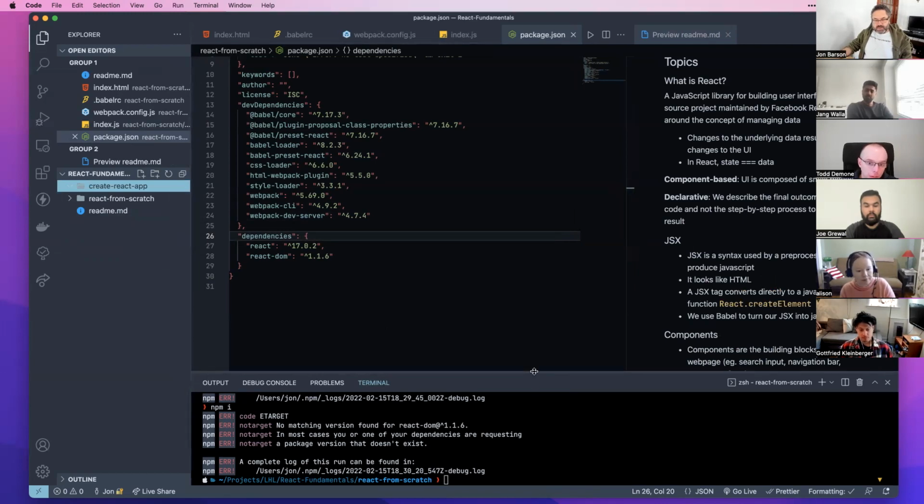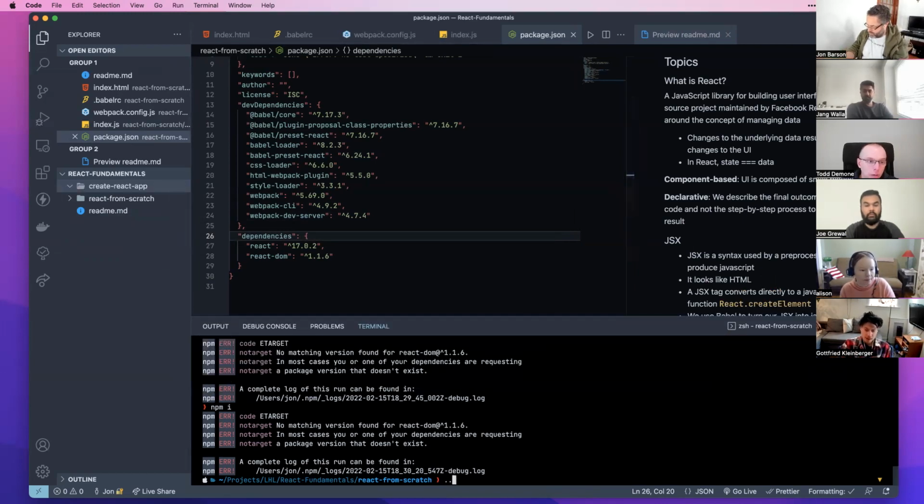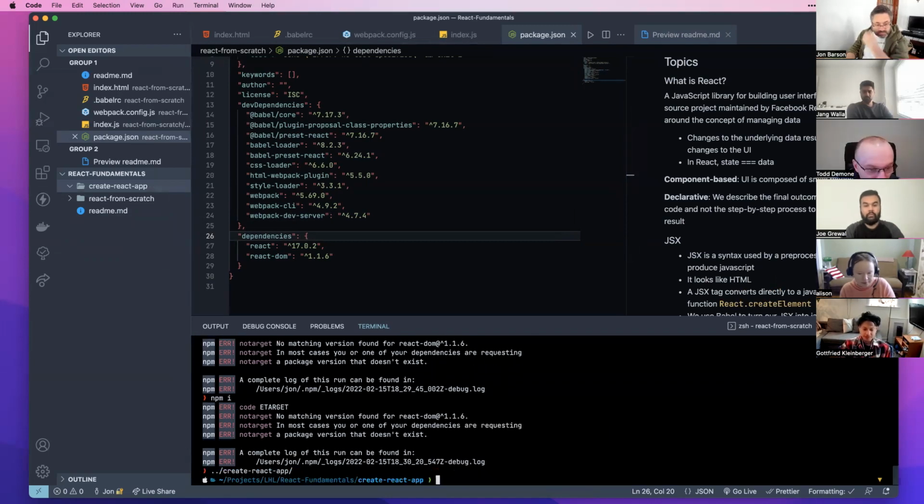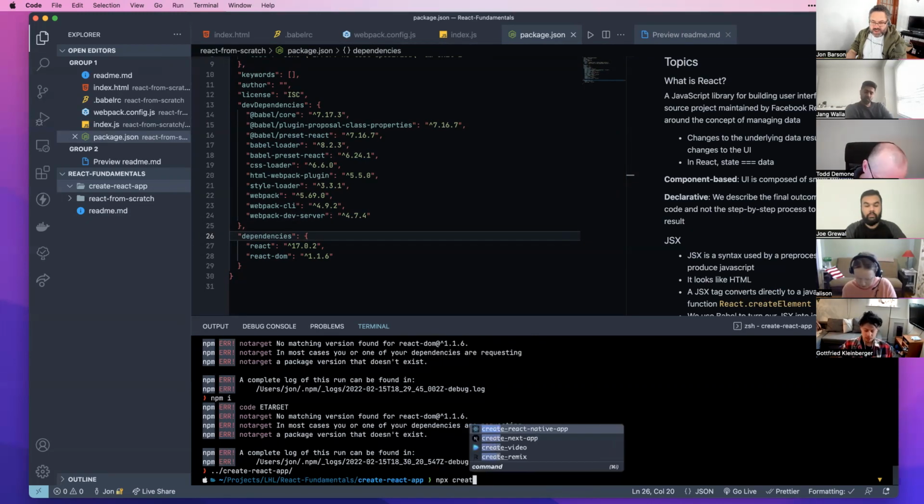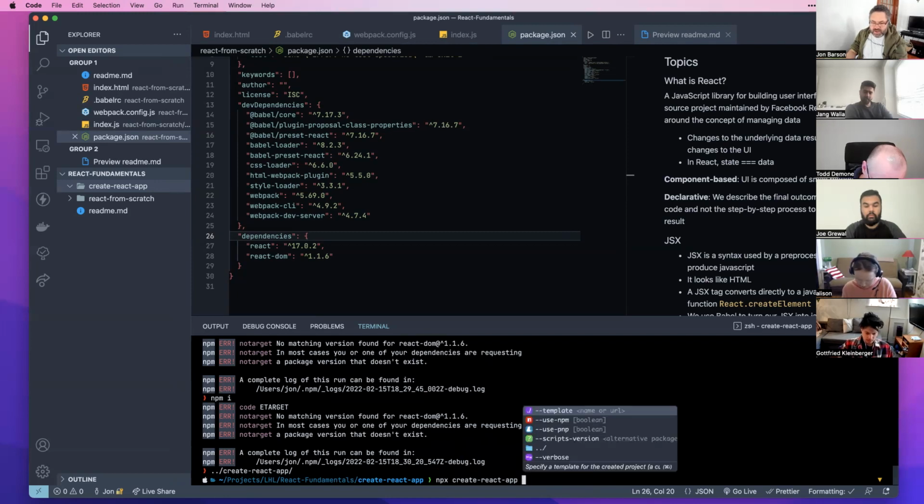So let's go into this folder. Okay, so I'm in the Create React App folder. And all I'm going to do is I'm going to run npx. npx is part of the npm tool. What npx does is it actually looks to see what the latest version of the tool that you're asking for is and it immediately downloads it. So we're going to do a create-react-app. And we have to give it a